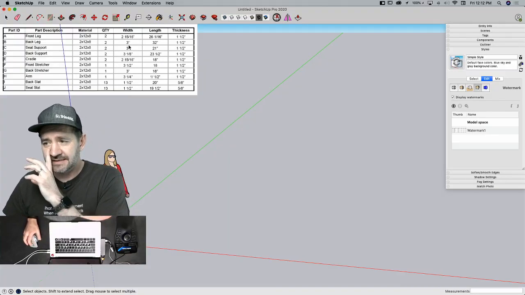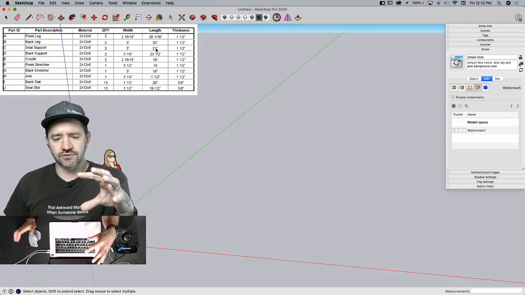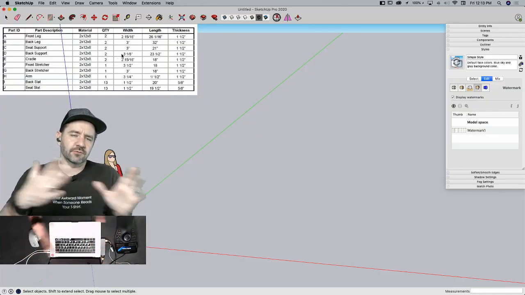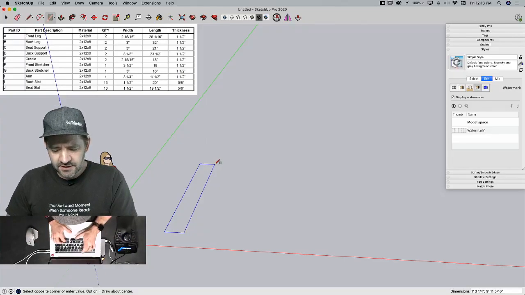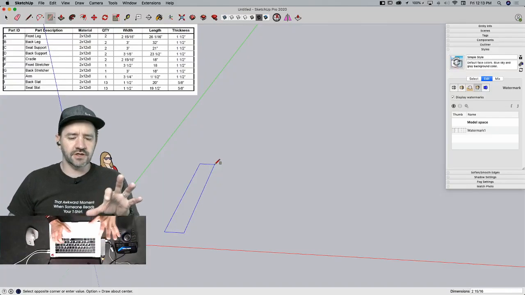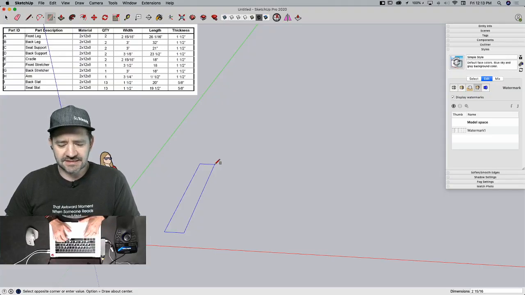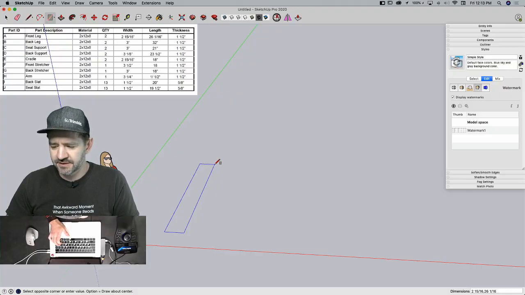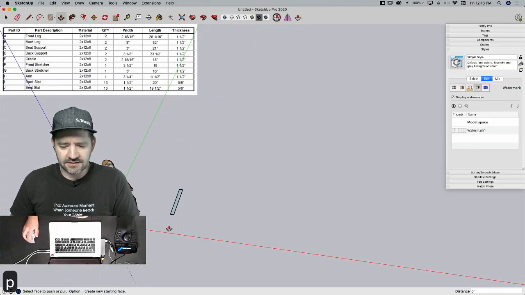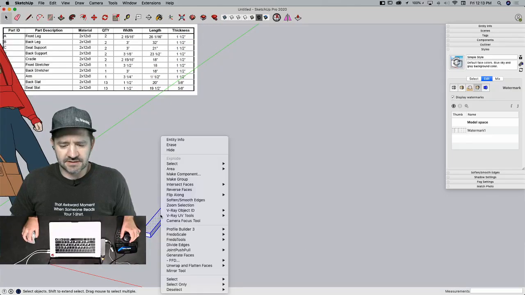So I believe the idea, and Izzy can tell me if I miss something here, is that all these pieces are cut out of the initial 2x12 to create our initial cut list, and then we're going to cut them down to shape after. So I'm going to start with that. I'm going to hop in here, and my first one is going to be 2 15/16. I am working in my standard template, which is that architectural fractional inches template. So 2 space 15/16 is 2 15/16, comma 26 space 1/16. So just taking that number off that first material up there, hit enter, and then I can push that up 1.5. And now I'll triple click that piece and say make component,